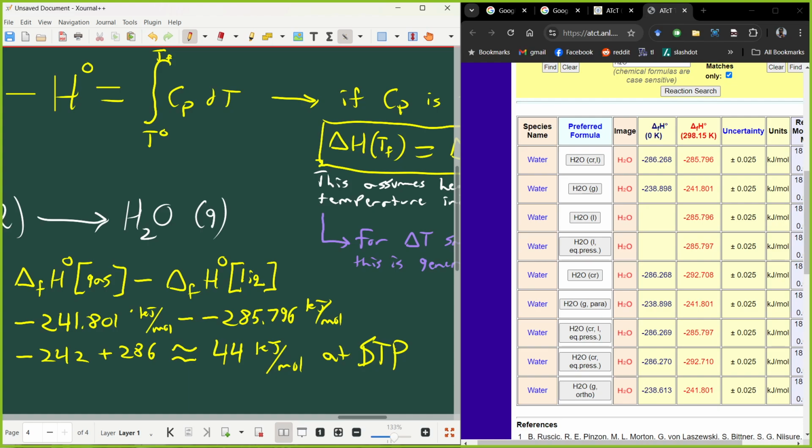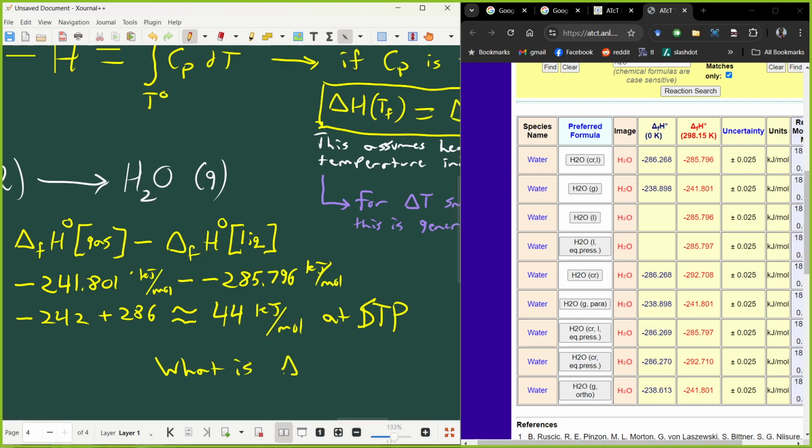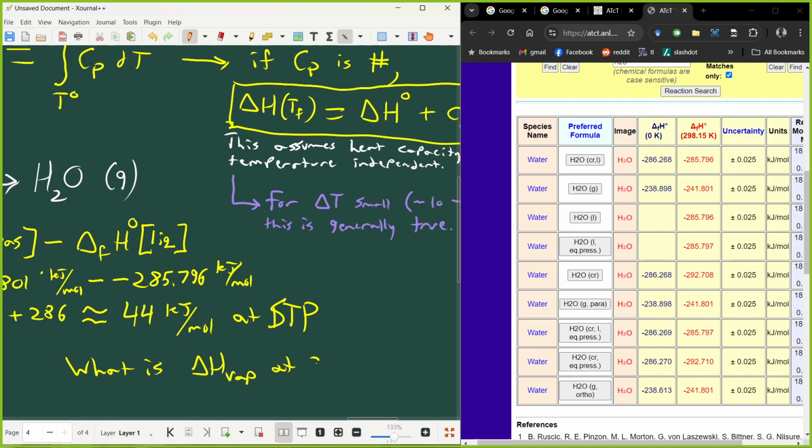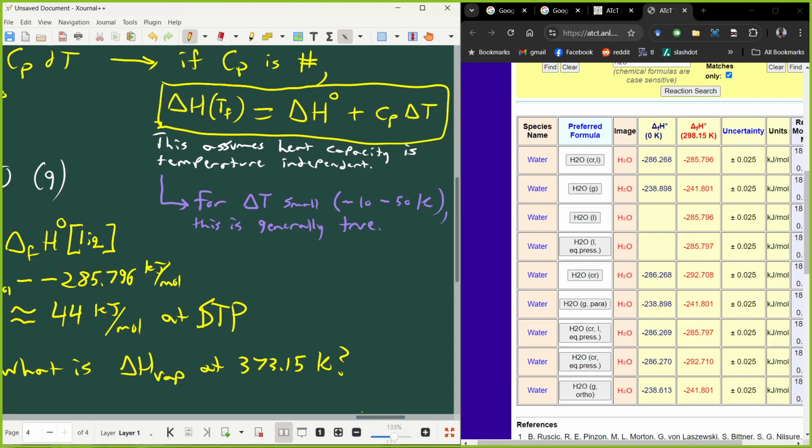So we'll have to evaluate that, right? So let's evaluate it. The question, of course, is what is delta H vap at 373.15 Kelvin? All right, so in order to do that, we need to refer back to Kirchhoff's law,